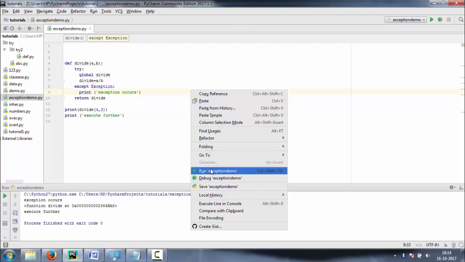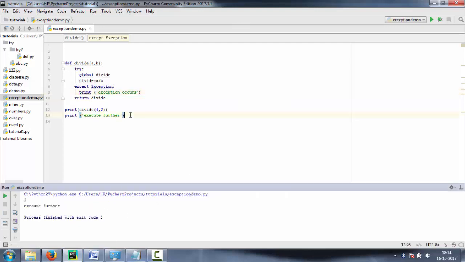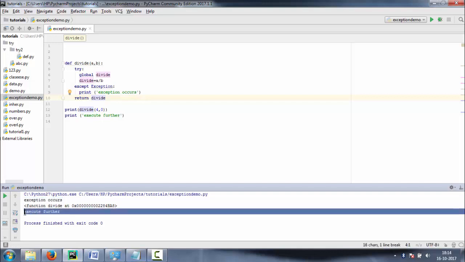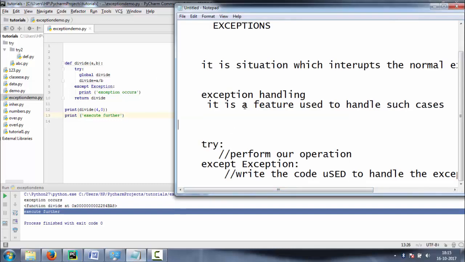Write this and pass this. It executes further. Now in the exception case, it tells us that an exception occurs and will execute further. It will not interrupt our code. In this way, we are able to handle any kind of exceptions.